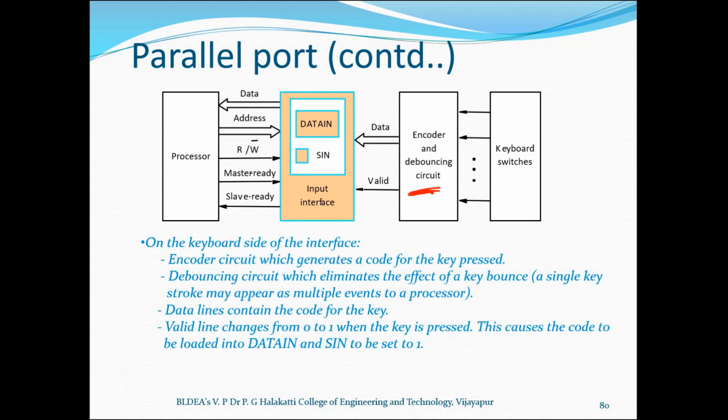The software approach uses an I/O routine that reads a character from the keyboard after waiting for a time called the debouncing time, by which time the key would have attained its stable state. So we have software because of which it will wait till the bouncing is over and then it will read the data. That's why this figure has a debouncing circuit as part of the encoder block. I had forgotten to tell this.